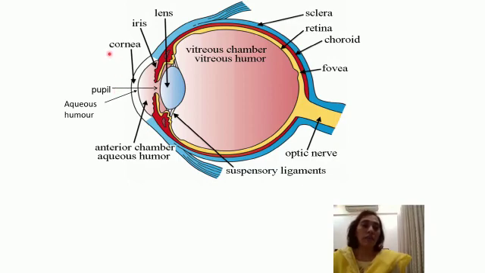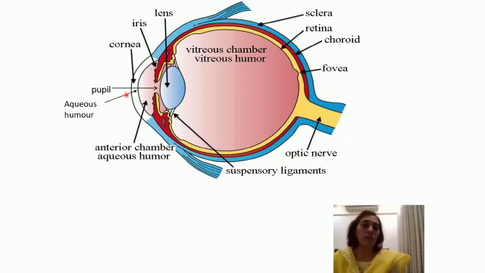Lastly, we have ciliary muscles, and these are the muscles which are going to hold the lens in its position. So you have ciliary muscles here, and they are going to hold the lens in its position. Now, ciliary muscles help the lens to bring about change in its curvature so that the focal length can be changed.